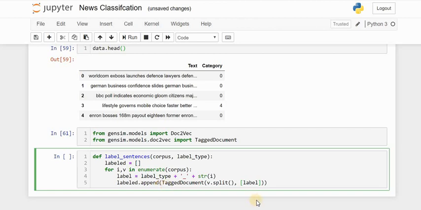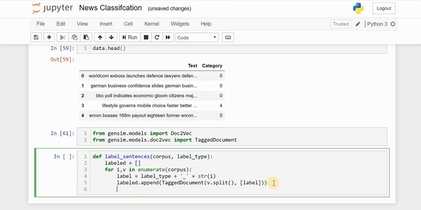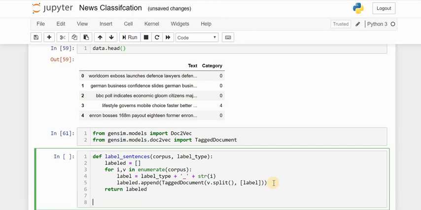So what we have done is take the list of training samples and the list of testing samples, and label them as the type followed by the index.